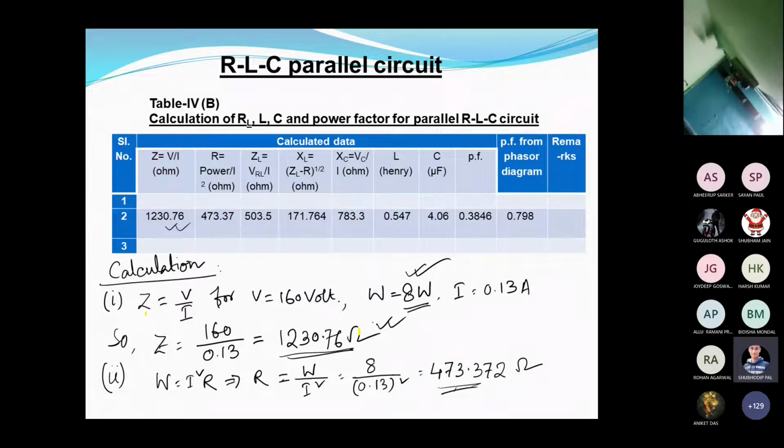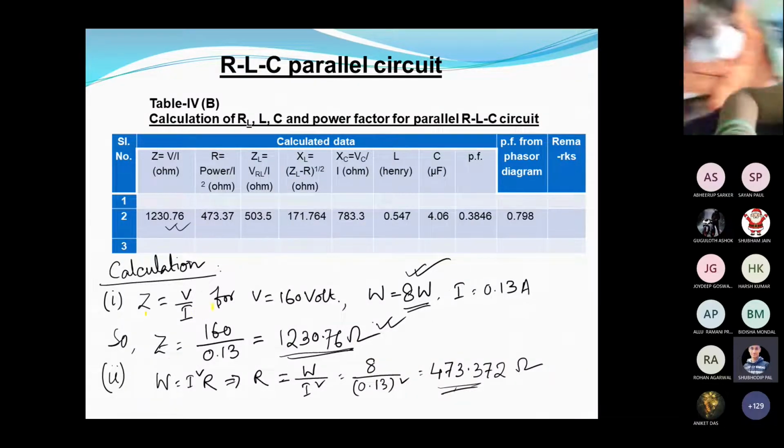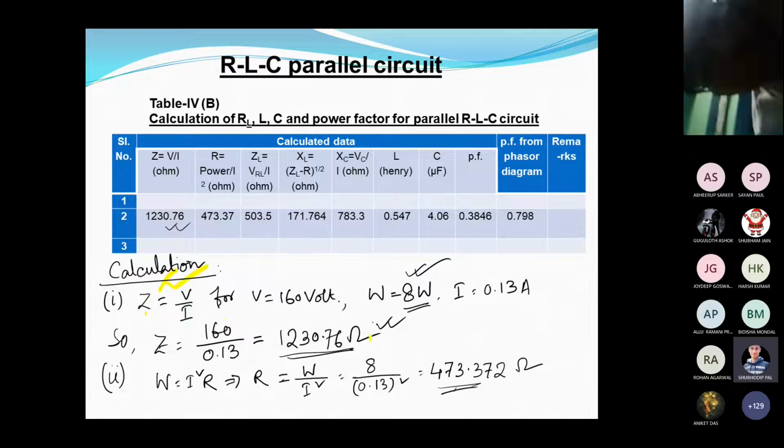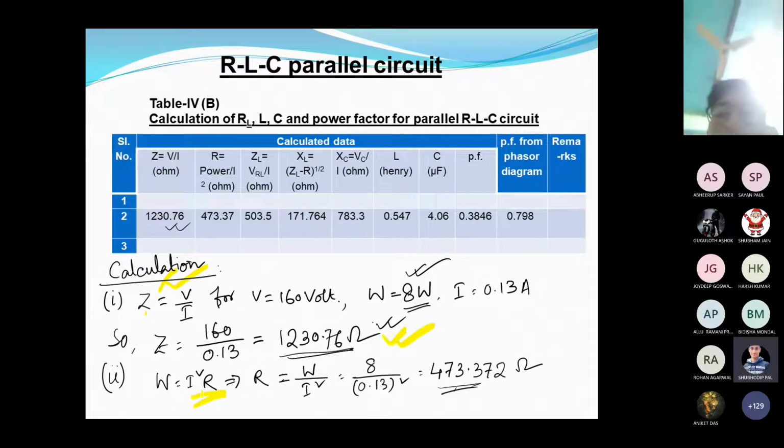Students, once you get this, in the same manner you will be calculating the impedance. VRL and VC are known to you. So how to calculate Z? Say this V you have calculated, V by I is the net impedance you are calculating. So the net impedance you got, and for the resistance value, I squared R equals this. So from here you will get the resistance value.